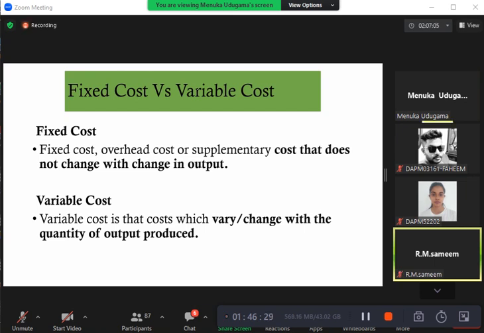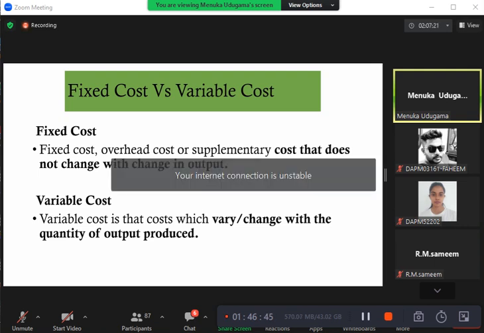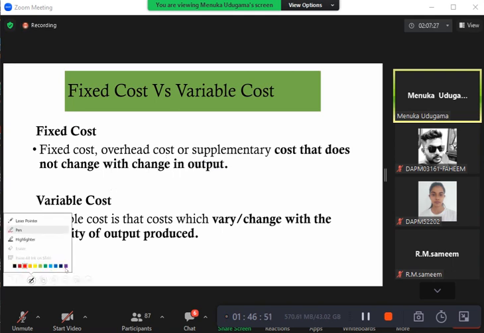Right, so fixed cost includes overhead costs or supplementary costs that do not change with the change in the output, while variable costs change with the level of output. Now, when we discussed the production function, we saw that the output produced, let's call it Q, the quantity of output or yield, varies with what? The input, fertilizer or water or whatever the input used. Fertilizer amount,